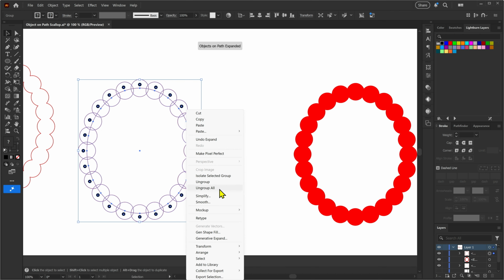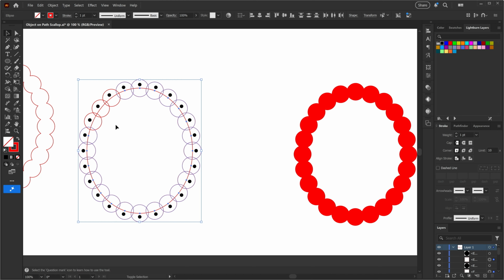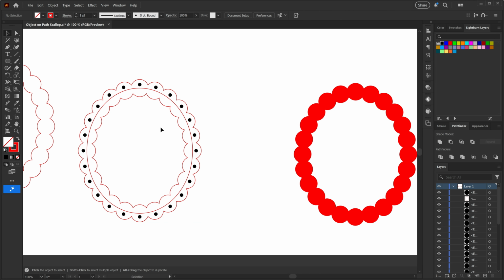Then you can right click, Ungroup All, and then you'll just want to go through and start selecting all these individual outer circles of our scallop. Okay, looks like I have everything selected, so I'll come over to my Pathfinder and hit Unite. And then I'm going to grab my direct selection tool, which is the white arrow. It's also A on the keyboard. And I'm going to select one of the anchor points of this inner scallop and hit backspace twice to delete